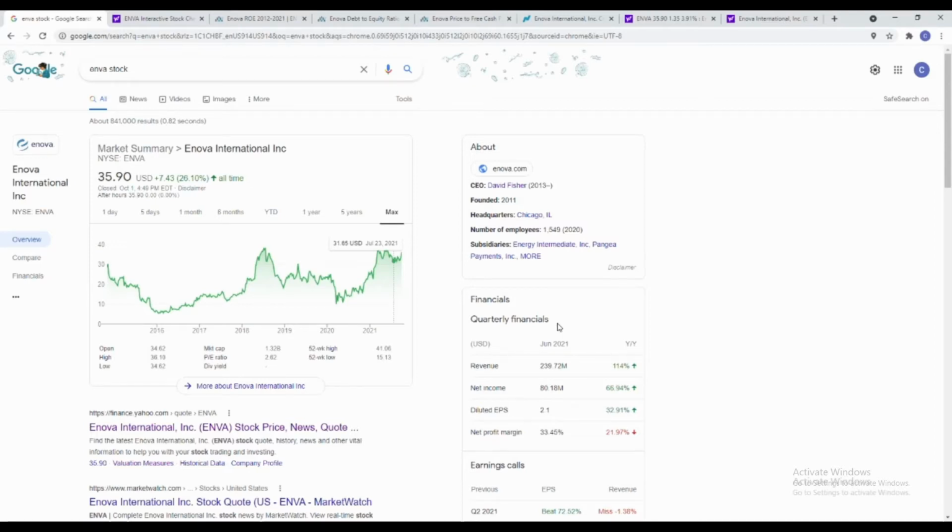And the stock we'll be going over today is Envova International Incorporation, ticker ENVA. Currently valued at roughly $35.90, and they IPO'd back in 2014. This company basically does a lot in online finances and uses AI to trade stocks as well as analyze the overall market. And so the reason why I chose this stock right now is because